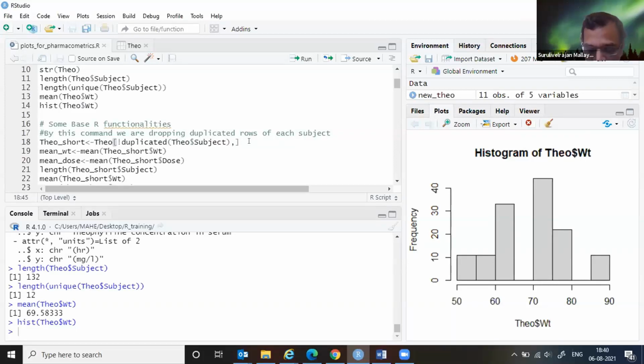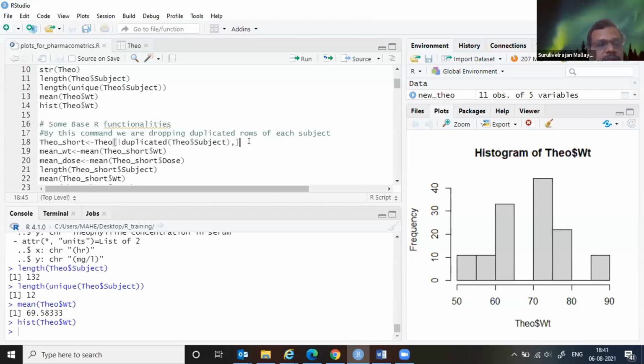So that means this data set is not useful for further analysis. So let me pick up the smallest version of the data set or the data frame. I call that Theo_short. Why am I saying Theo_short? It's a subset of data from the main data set, and using the data, I can do further analysis in a detailed manner, because each subject's covariates or demography I want to explore in detail. So I don't want all the rows of information. So Theo_short is a data frame which I'm going to create. It's a subset of the main data.